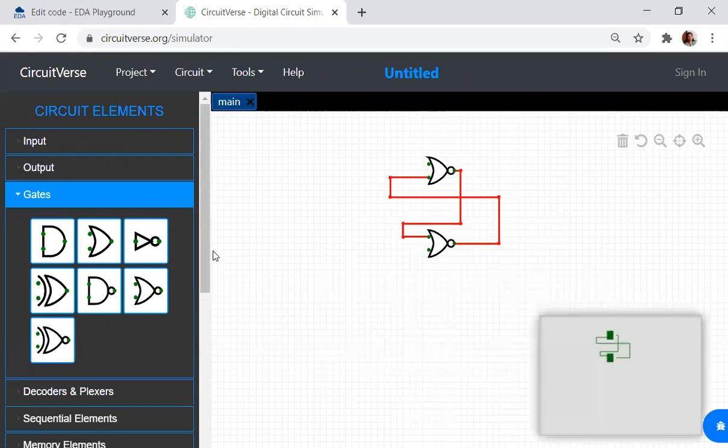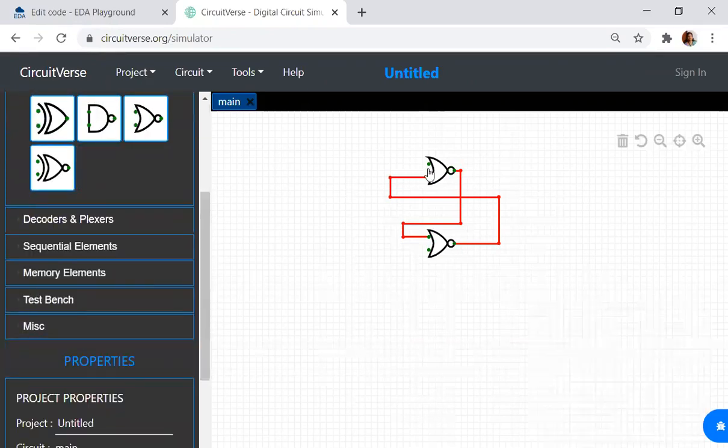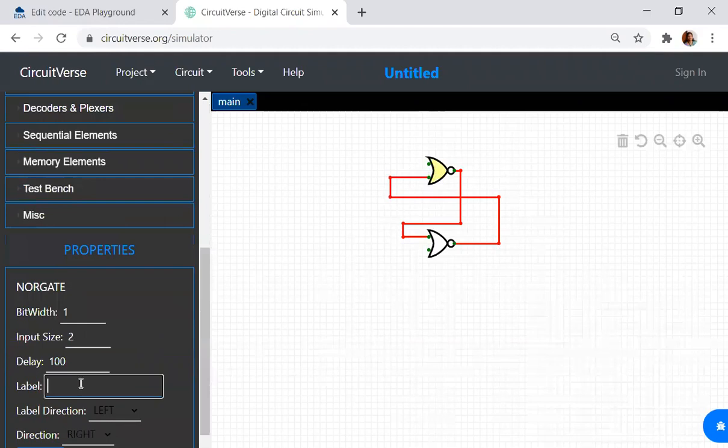Now let me label this for understanding. Let me make this gate 1, with input R, and this is gate 2, with input S. This is the RS latch for NOR gate.